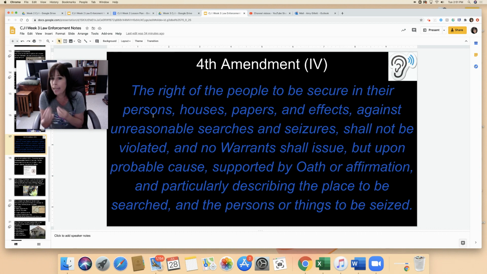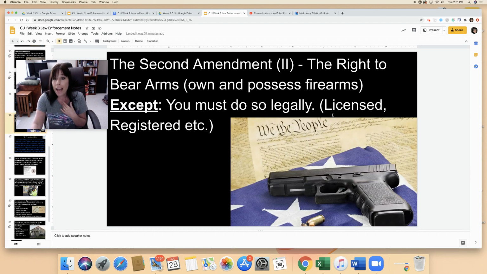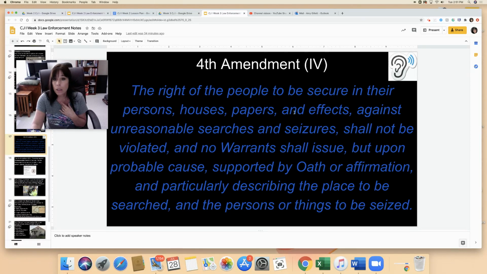Papers is any kind of document that you have, and it doesn't have to be actual paper. It could also be digital. Records and things like that. On these next slides, I'm going to give you more examples. And effects. Your effects is your stuff, the stuff that you own. So you have a right to be safe and private in your body, the place where you live, your personal documents and papers, and your stuff against